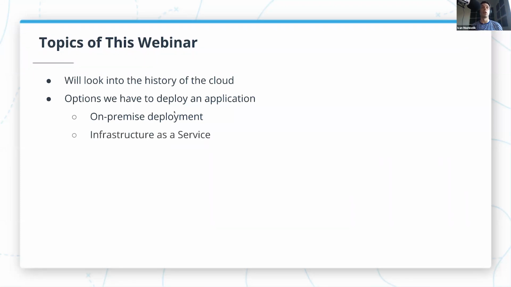We will then go to infrastructure as a service, which allows us basically to rent machines from a cloud provider. Once we cover that, we will go to containers as a service, and this allows us to run our application in multiple containers. If you're not familiar with this term, we will cover it as well. Then we will talk about platform as a service, which, in a nutshell, is a way for a provider to manage most of the infrastructure and abstract us away from the details. All we need to do in this case is specify what application to deploy.